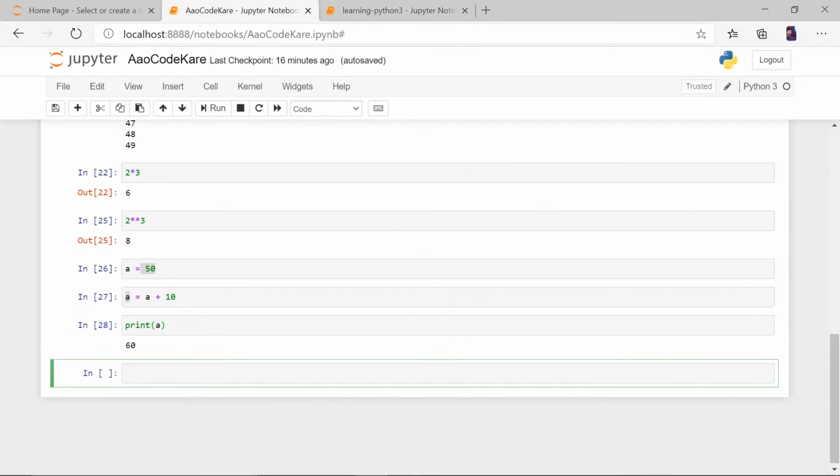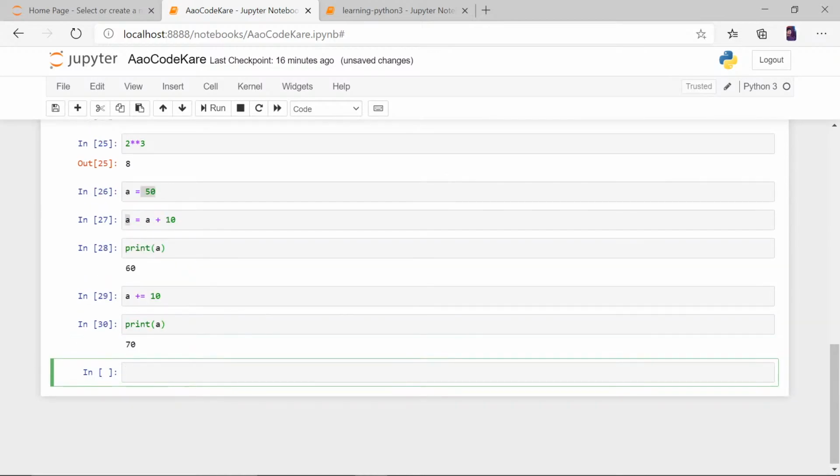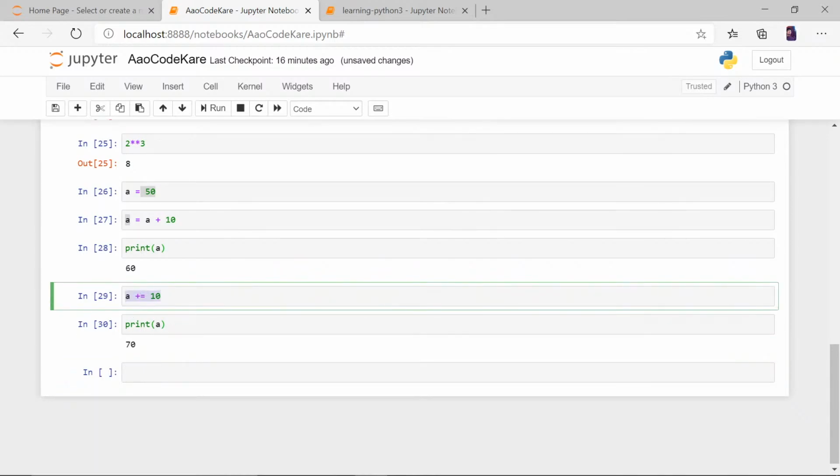Now for this same thing, we are coders, so we don't like to type the variable again. So what we can do is a plus equal to 10. Let's see what this does. Let's print a. 70. So what this means: when there are two operators in an assignment, you have to see the plus one first. As you see plus, you see the left part first, a. What is a right now? a is 60.